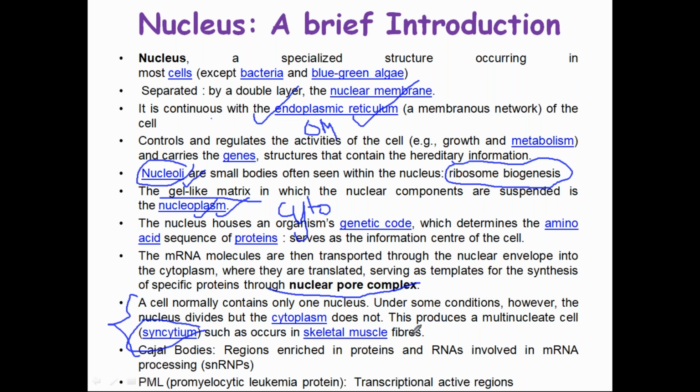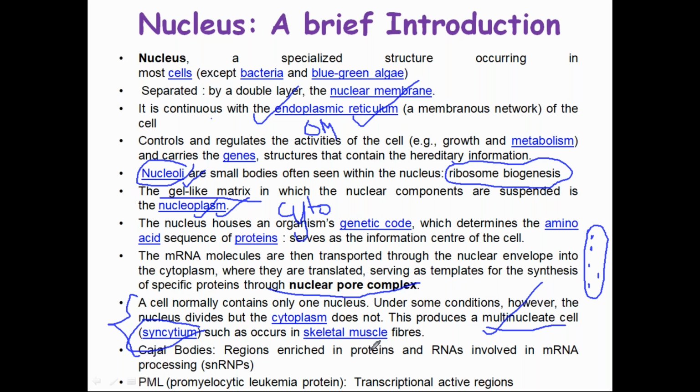Syncytium is something which is called a multinucleate. You just have to remember this word, multinucleate. Multinucleate means there is one cell and there are many nuclei: 1, 2, 3, 4, 5. That means the nuclei are dividing, but the cell is not dividing. This is called the syncytial condition, which is a multinucleate condition, and this is present in your